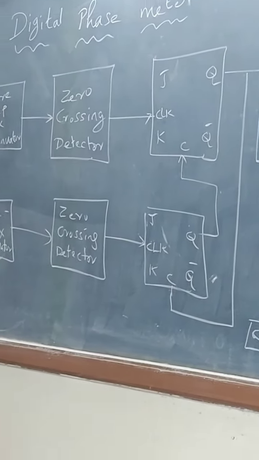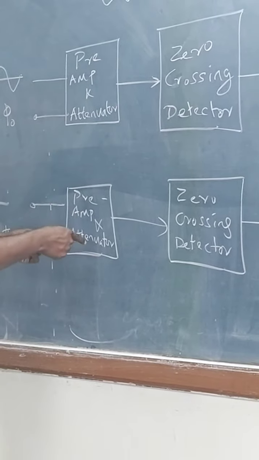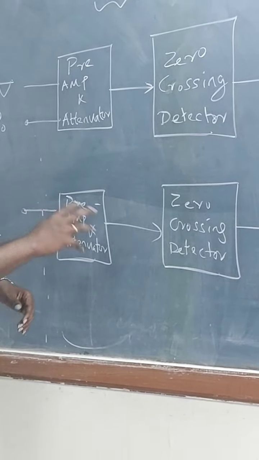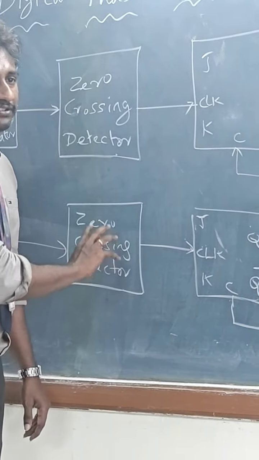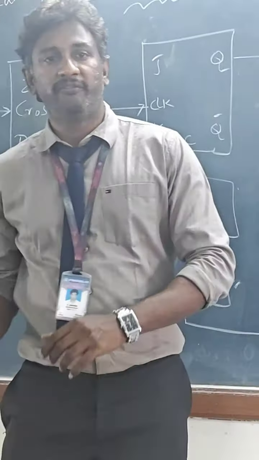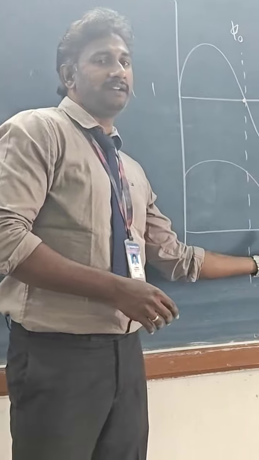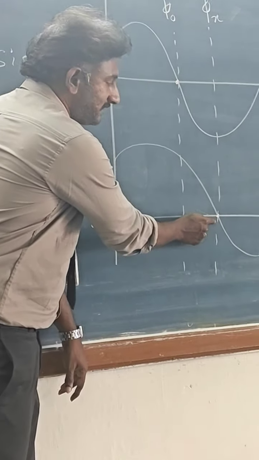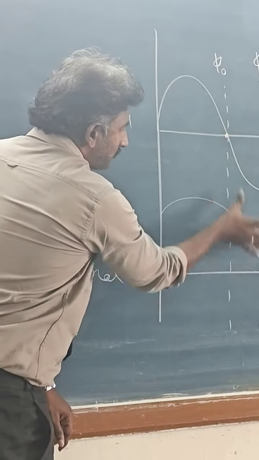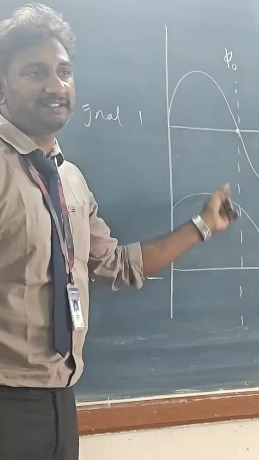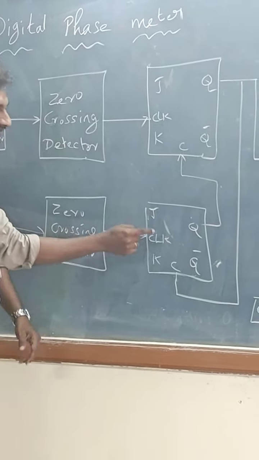Coming to the second waveform, we do the same for the second signal. Here we have the preamplifier and attenuator, removing the unwanted harmonic signals. After the zero crossing detector, it finds when it crosses 0. Definitely this signal will not cross 0 at the same time; there will be some lag in crossing 0. So the second signal crosses 0 at this point, and the first signal crosses 0 at this point. This will be the actual phase difference between the first signal and the second signal. So now when it crosses 0, the second flip-flop is